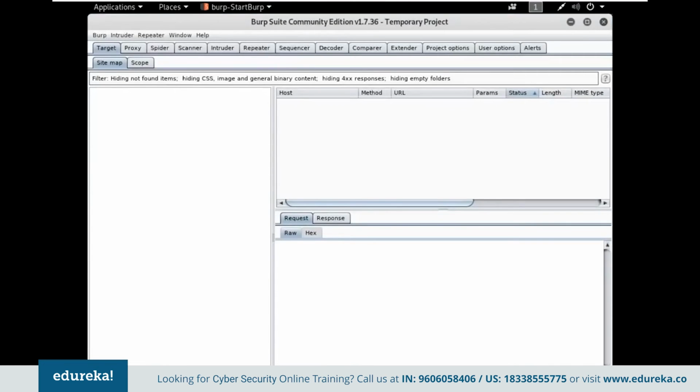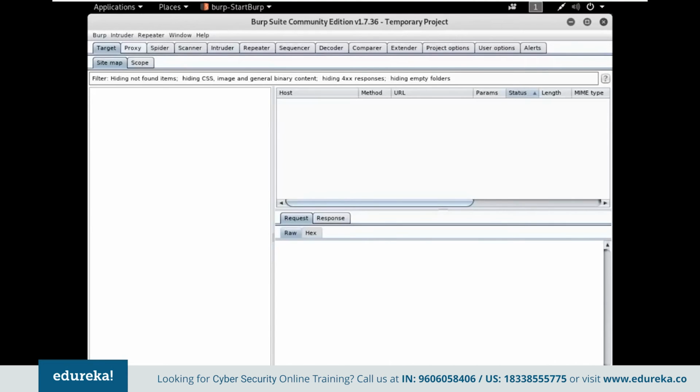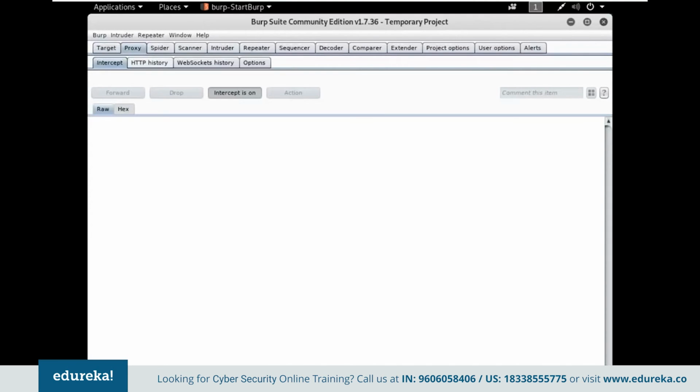As you can see, it has different options here. The main purpose of it is proxy. That is, it operates as a web proxy server or interceptive proxy. Basically, it sits as a man in the middle between the browser and the destination web server. This allows interception, inspection, and modification of traffic passing between your browser and your destination web server. There we go, proxy. We just explored it. Under that, HTTP is the option which you can use to set up proxy.